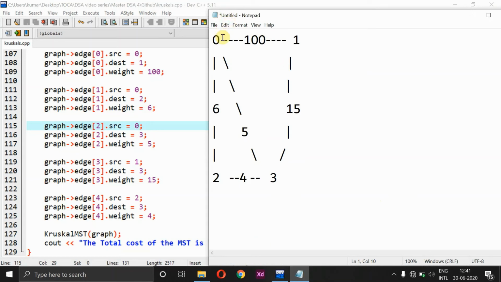So if I compare the paths between 0 to 1 and 3 to 1, right? So anyhow I need to cover up all the vertex here, right? So I need to cover all the vertex. Already 0, 2 and 3 is getting connected, right? So 0, 2 and 3 got connected, but now the only vertex left out is 1. So either I can draw a path from 0 to 1 or 3 to 1, but always the path should be in a lesser value. So we are going to consider 15 as a final case.